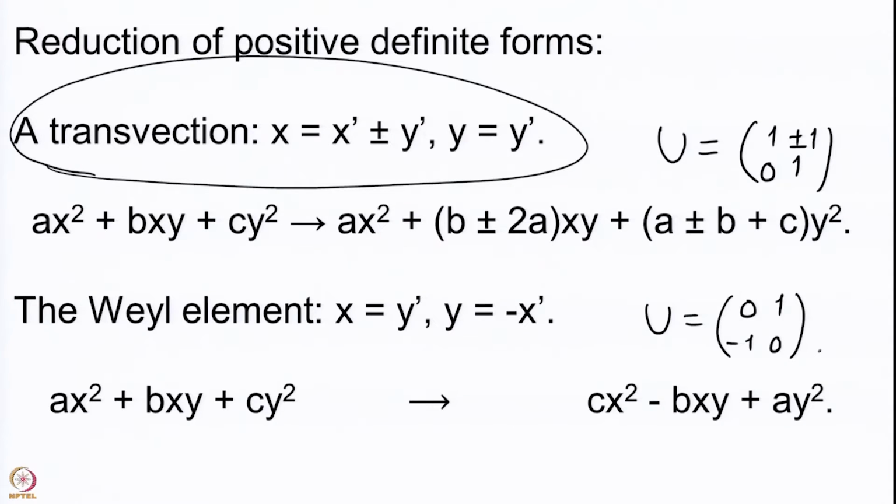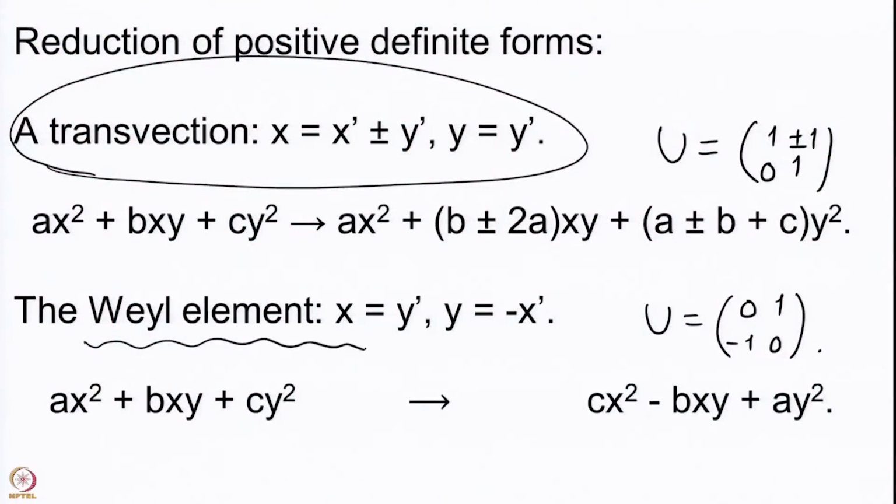Transvection is a very general term. If you study matrix groups and what is called geometric algebra, then you will see that these transvections are omnipresent there, they come in almost every such matrix group and they are very useful. The Weyl element generates what is called the Weyl group of the matrix group SL2, and therefore I am using these notations to denote these two transformations. So, we have the transvection and we have the Weyl element.